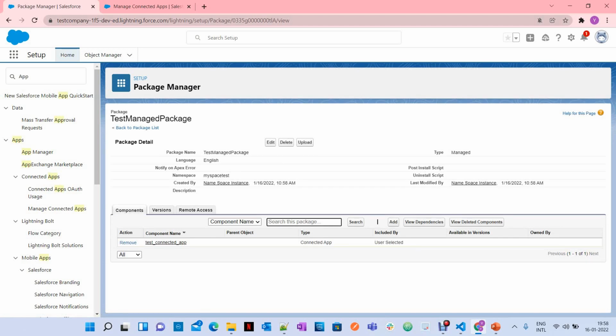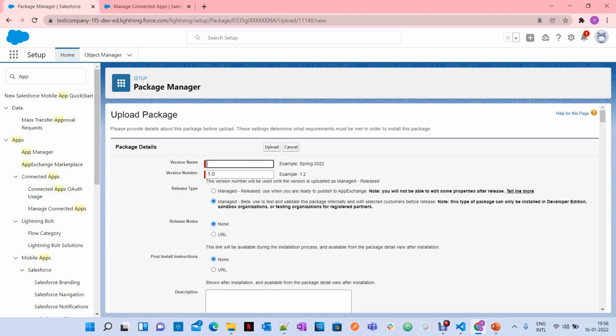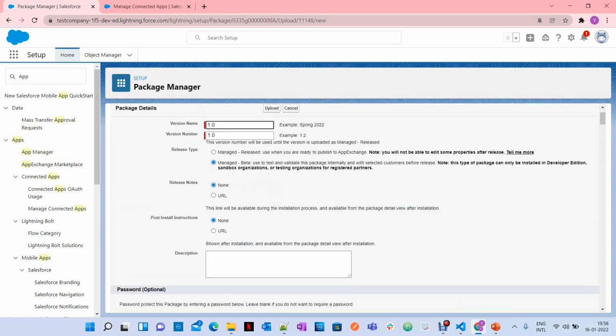Now we have to upload this. Version name also, I am giving 1.0, and then no password for now. And here you have to select managed released instead of managed beta. You have to select managed release.